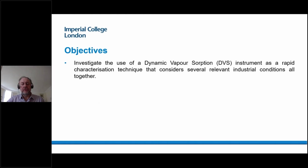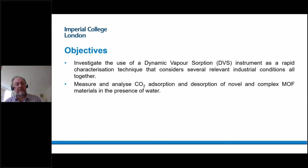The technique that we'll use for quite a bit of the work is known as dynamic vapour sorption. It's a gravimetric technique that can be used to characterize solid-state materials under a range of industrially relevant conditions. So we're going to certainly look at that technique today, and we're going to measure some CO2 absorption and desorption on some novel MOF materials in the presence of